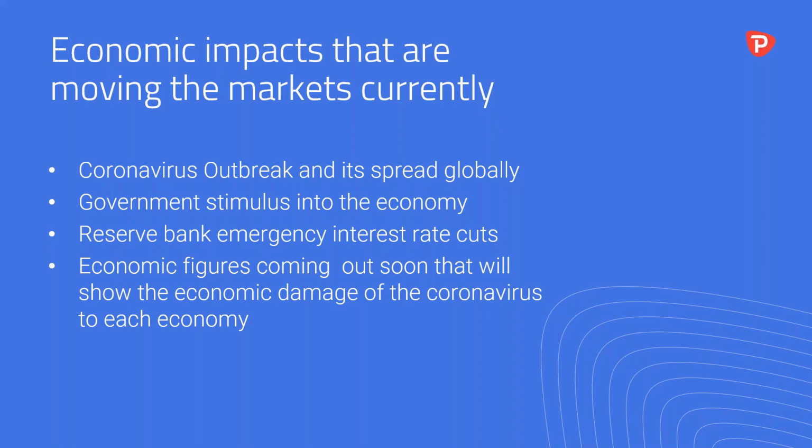Okay, so economic impacts that are moving the markets currently. We obviously have things like the coronavirus outbreak and its spread globally. This is an incredibly important piece of news. Every day the market is reacting to this news. So if we have, let's say, the coronavirus spreading through Italy like it is right now and all of Europe, as the numbers go up, and especially as the uncertainty goes up, and uncertainty is the key word of tonight, then if more people are dying than we originally expected from that virus, or maybe it's mutated, all these types of things will affect the indexes and the market heavily.